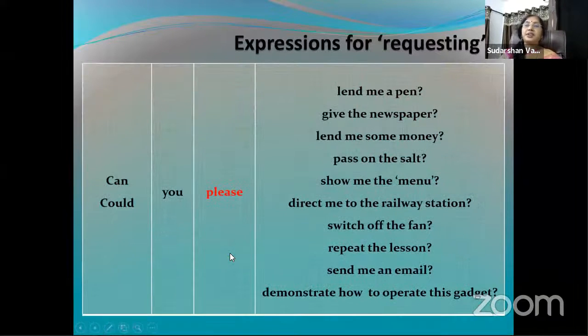Expressions for requesting. Here again, I want you to take a note of this slide and the next slide that is to come. Can you please? This is a very important word. If you want that sense of being polite, if you want somebody to do things for you the way you want them to do,